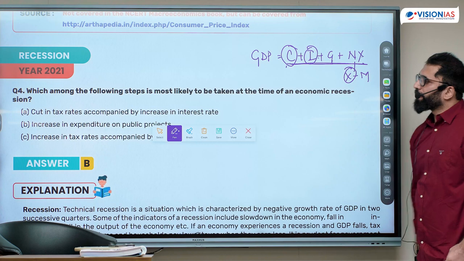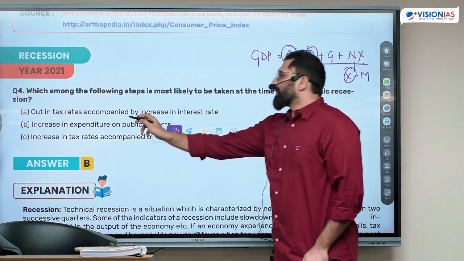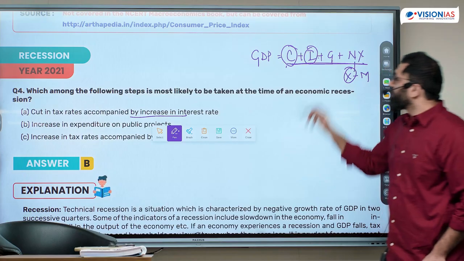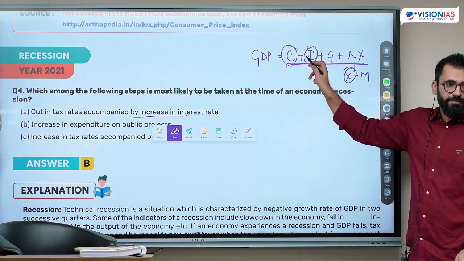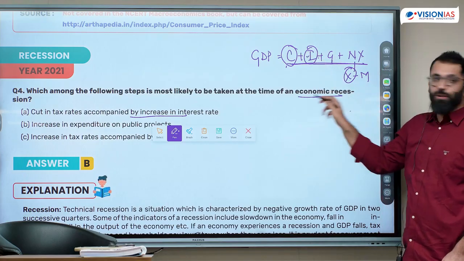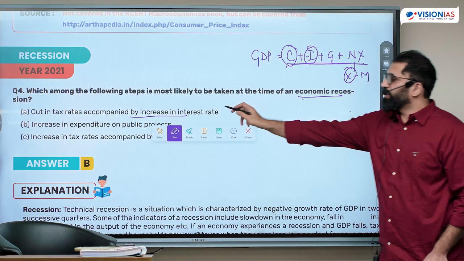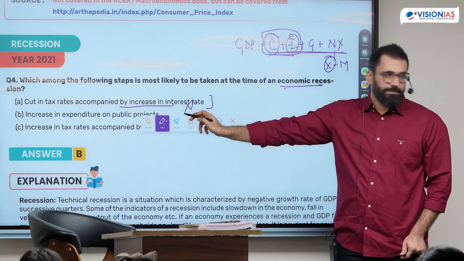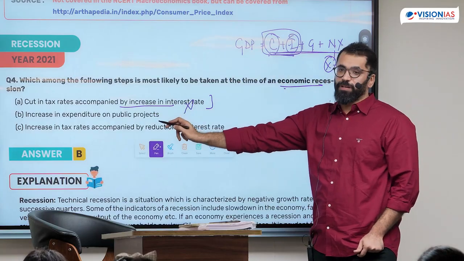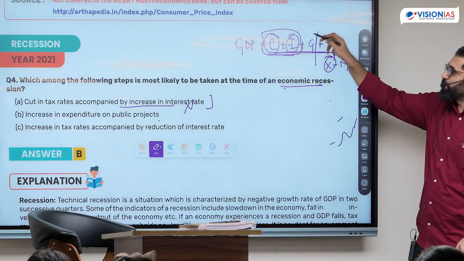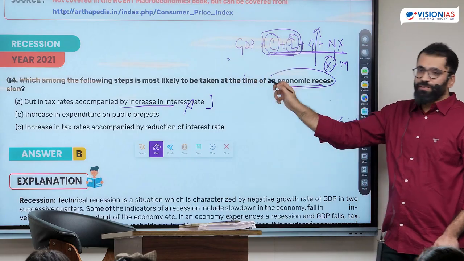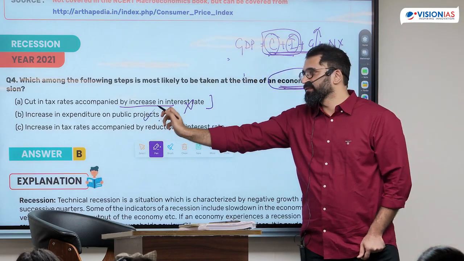Cut in tax rates accompanied by increase in interest rates. If the government cuts the tax rate, will they invest more? Therefore, I will come out of recession. But if I increase the interest rate, will they be able to take more loans? So that means this is not correct. Increase in expenditure on public projects. So if the government starts spending more, will my GDP increase? If my GDP increases, will I come out of recession? Your answer is